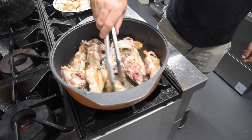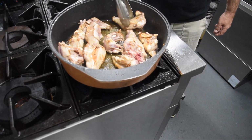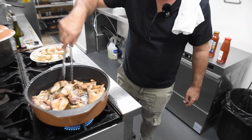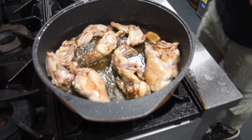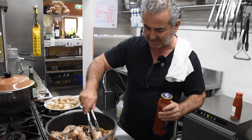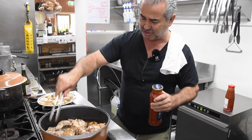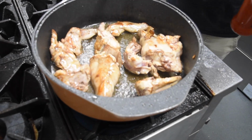So just keep on turning the rabbit so nothing really catches or gets too dark. You just want to get a golden hue on them on all sides. Magic. Okay, so we've been browning away I want to say for about 3 minutes now on a pretty high heat, and we've got the desired effect in terms of colour on the meat. So next step